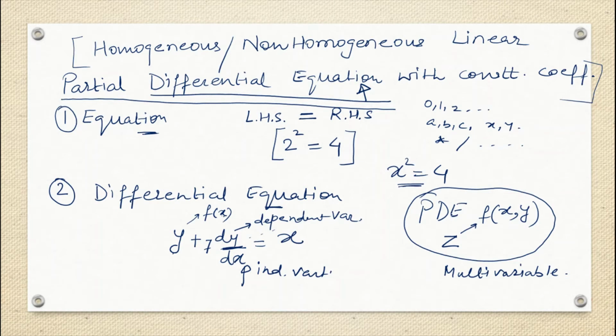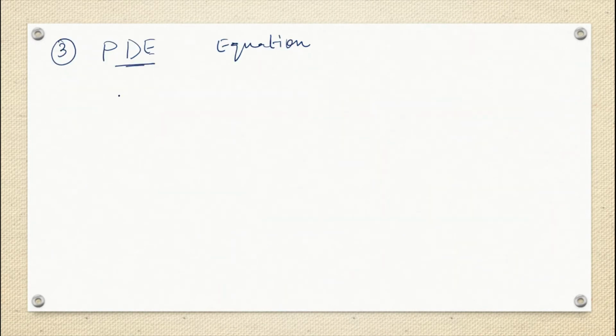So if I write some example of partial differential equation, that means what? Partially I have to differentiate the equation. Suppose I am differentiating this z partially with respect to x, and maybe I'm differentiating it with respect to y also. And then I'm writing down something. This is z. So this is an example of partial differential equation, because in a partial differential equation we should have a relation between partial derivatives of this multivariable function. This is a partial derivative because z depends on x and y both.